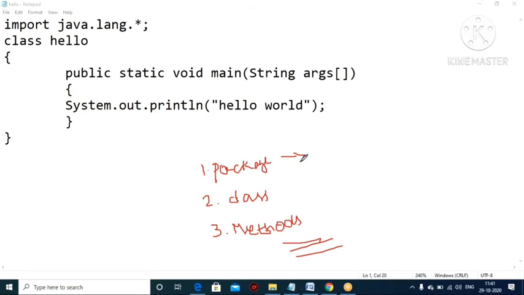Devotional books are placed in the devotional row. Comics books are all arranged in one section. Technical books are all arranged in one separate section. Likewise, we classify it. This is what we call a class. Now, where is the class to be found? Class is found inside the package only, okay, inside the package only. Right. Now method. Method means now we are having the choice.